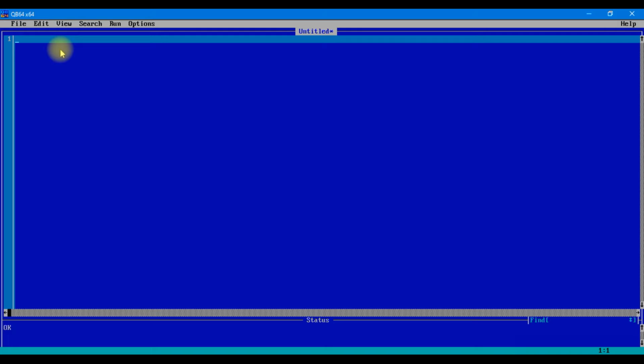So what does graphics mean? Usually whenever we are thinking about graphics, we are thinking about creating lines and figures and different patterns and different shapes, and in simple words, drawing. Whenever we are thinking about drawing, QBasic has some tools using which we can create some drawings. So first let us understand how does drawing work in our monitor.